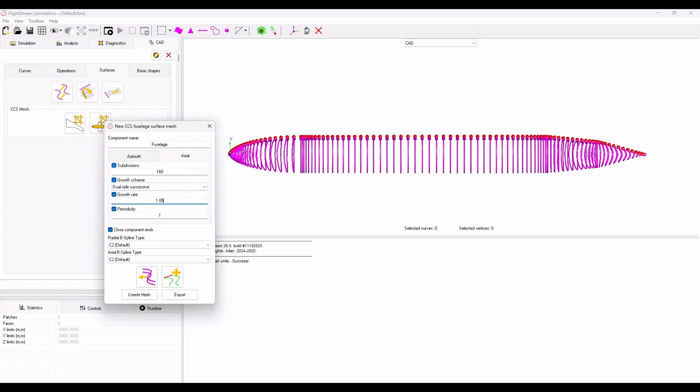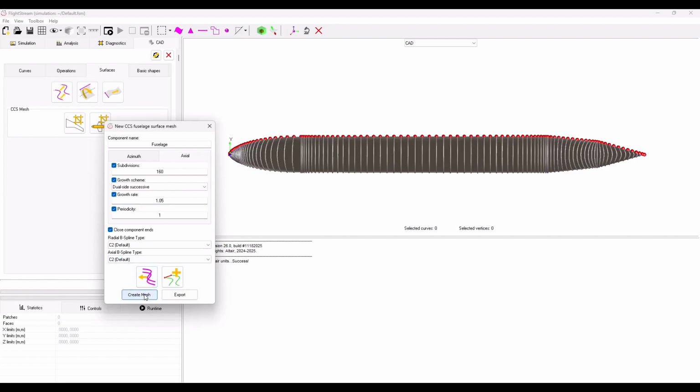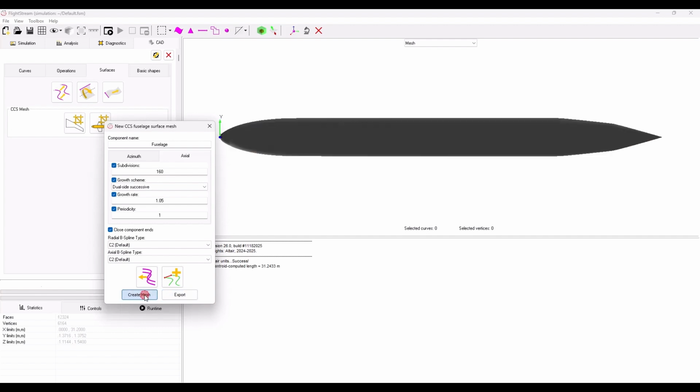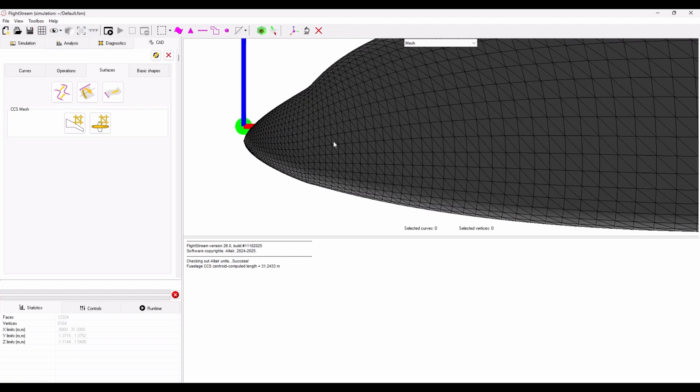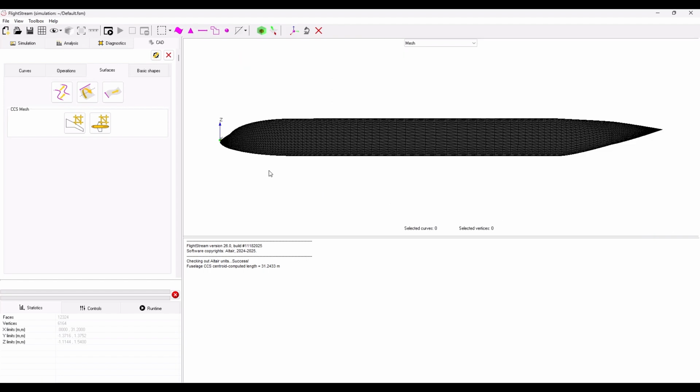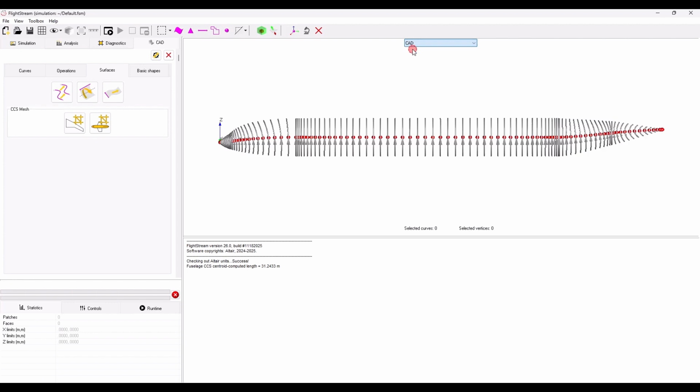Similarly, for axial refinement, the key focus is to ensure that the capture of the spanwise shape of the fuselage is correct, and to add bands of refinement where fuselage-like components have junctions with wing-like components. Here we can see that we have properly refined the geometry of the nose cone for this Boeing 777ER.